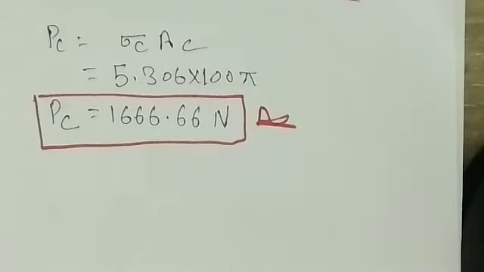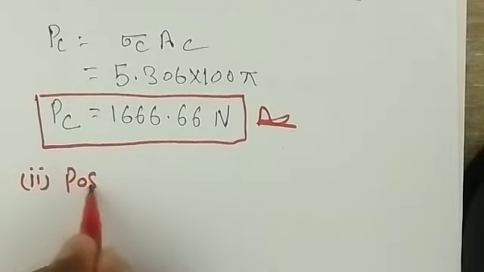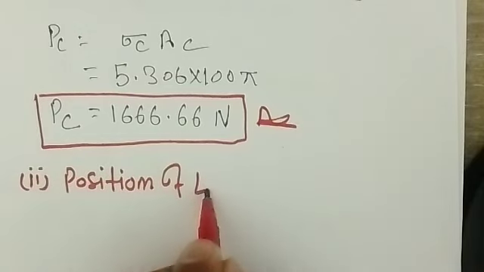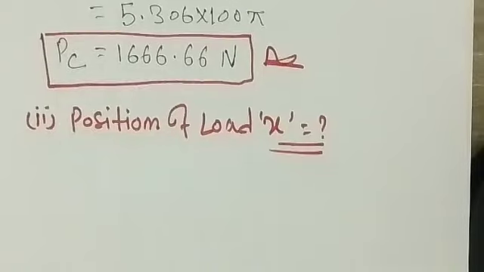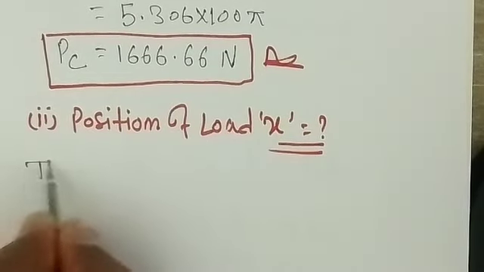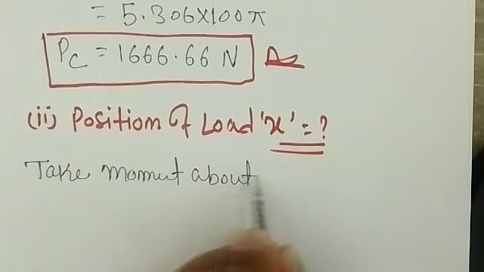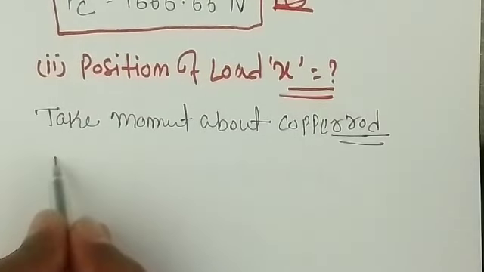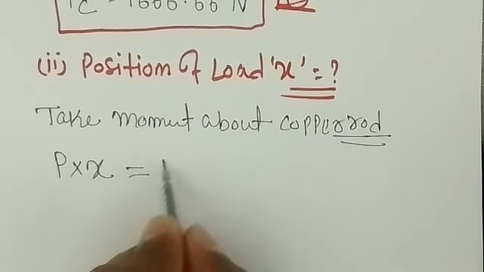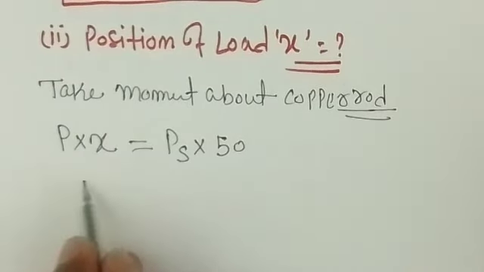Now to get the position, the second question is the position of the load 5000 Newton, that is x you have to find. x is equal to what? For that we take moment about the copper rod. Taking moment about the copper rod, the total load P into x is equal to the load on the steel into the separation between the two rods. The two rods are separated by a distance of 50 centimeter. So we can simply get x is equal to